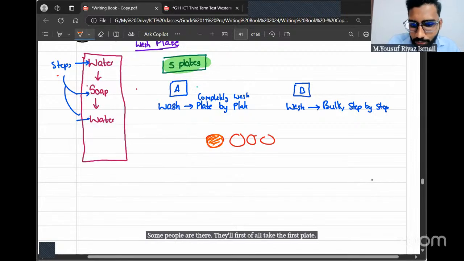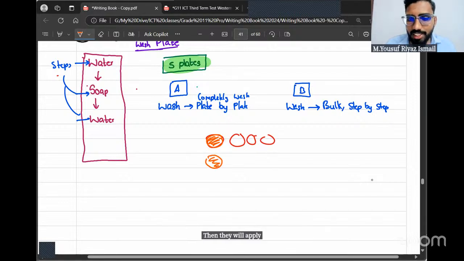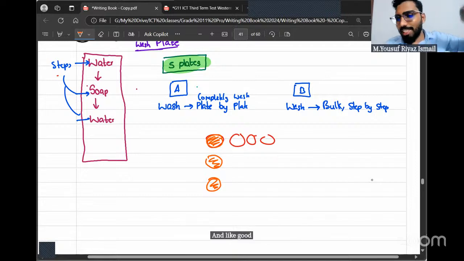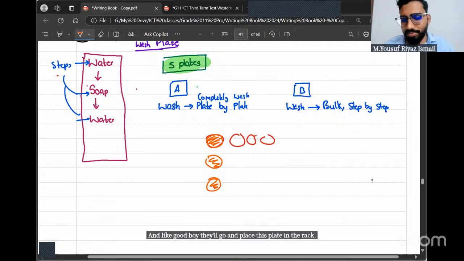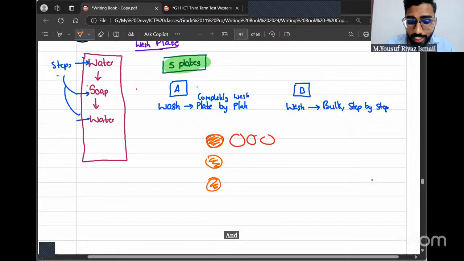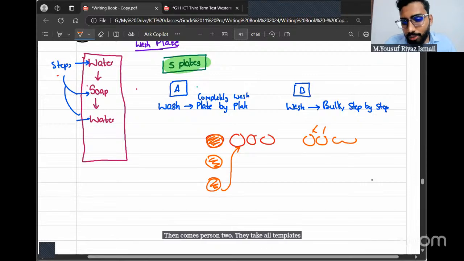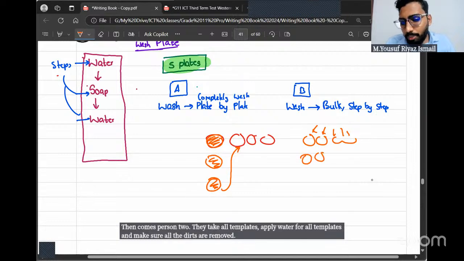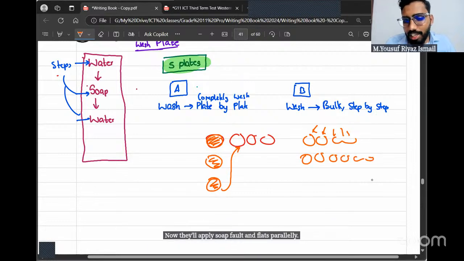They'll apply water and remove all the dirt. Then they will apply soap. Then they'll apply water. And like a good boy, they'll place this plate in the rack. This is person one. And then only they'll go for the next plate. Then comes person two. They'll take all 10 plates, apply water for all 10 plates, and make sure all the dirt is removed. Now they'll apply soap for all 10 plates in parallel. Now they'll apply water for all 10 plates, one after the other, and done.